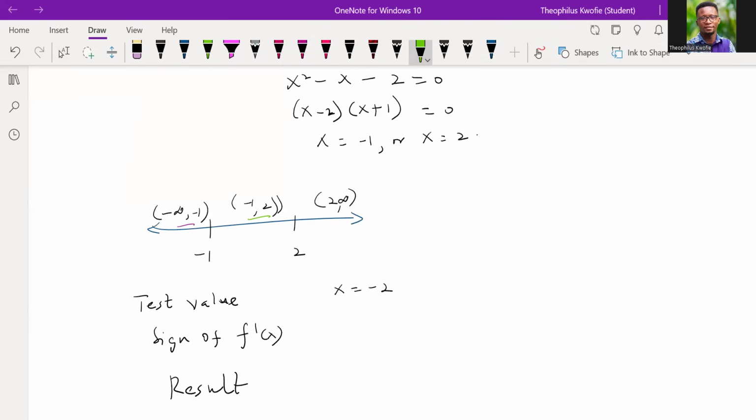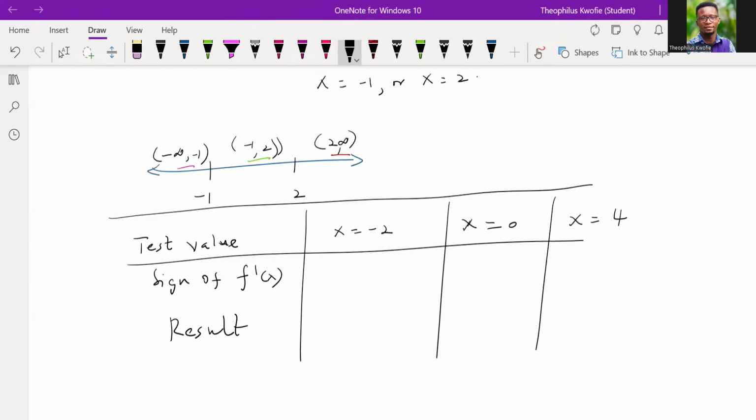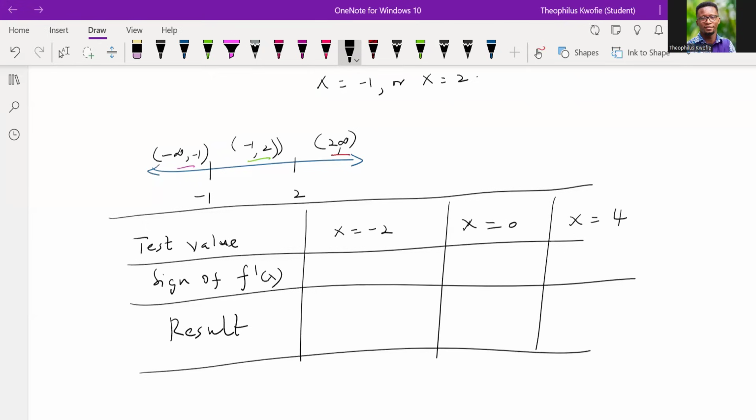And within this range, from -1 to 2, what value do you want us to pick? We can just pick 0. Now, from 2 to positive infinity, what value do you want us to pick? We can pick, let's say, 4. All right. So this is our table,